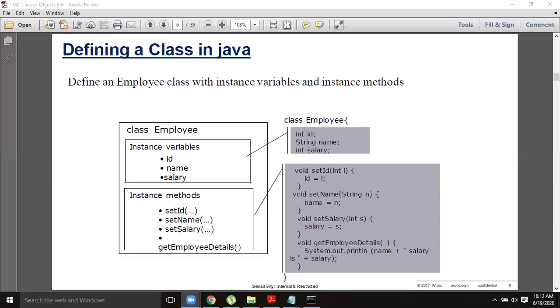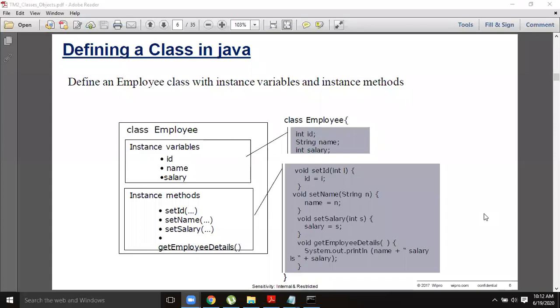There is some issue from your side, sir. The screen is not visible now.